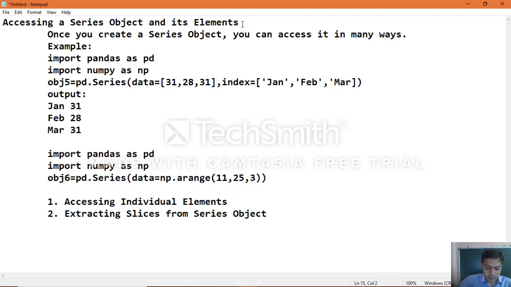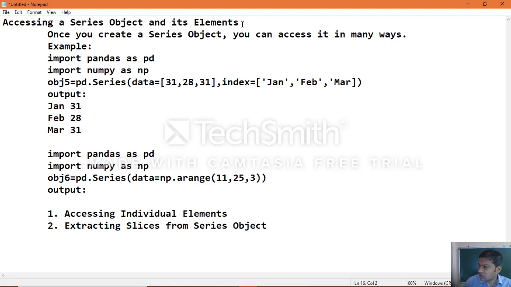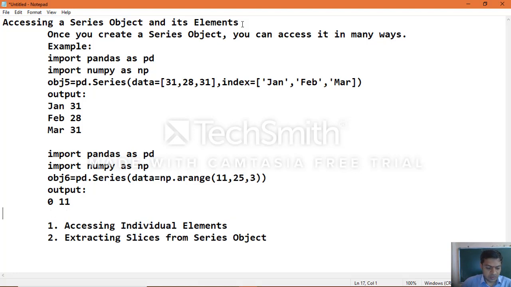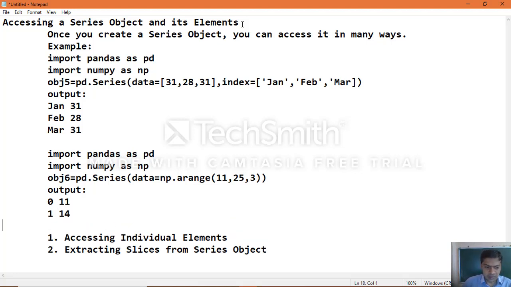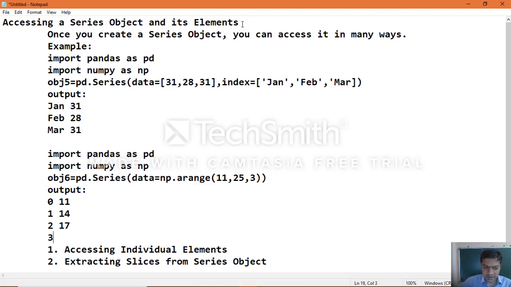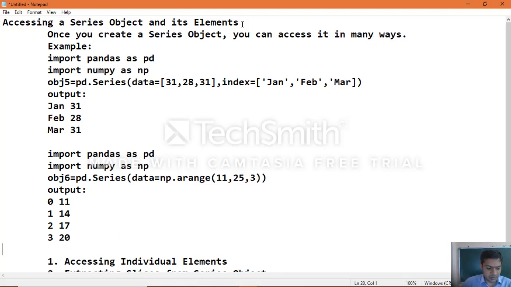Now we'll see the output here. The output starts with index 0 value 11, index 1 value 14, index 2 value 17, index 3 value 20, and index 4 value 23.